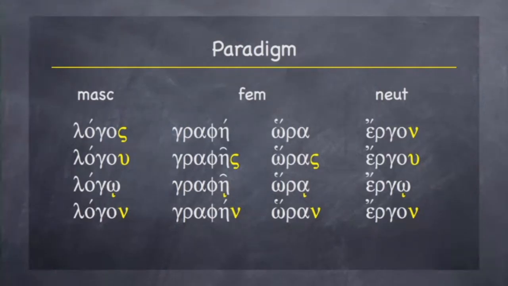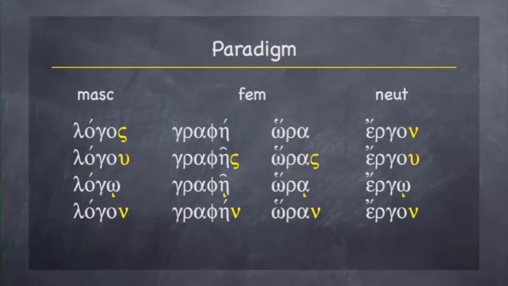This is the normal way in which noun paradigms are laid out. And you'll notice, perhaps, that the genitive and dative are in the middle. So the paradigm goes nominative, genitive, dative, accusative. I always thought that was probably the worst way to do it. I would have much rather had nominative, accusative, dative, genitive. It just makes way more sense, but this particular pattern is so ingrained in Greek teachers' minds that it just wasn't a battle I wanted to fight. But anyway,